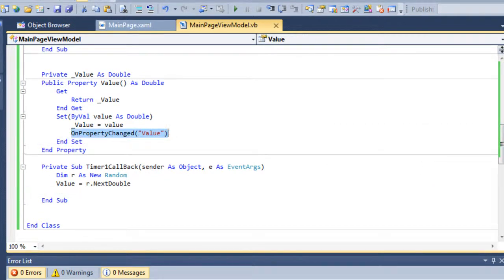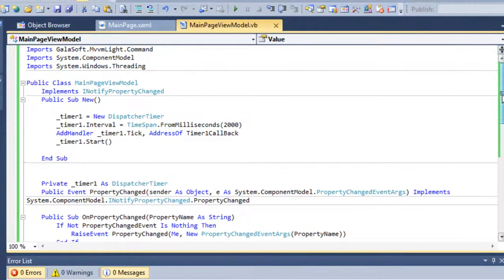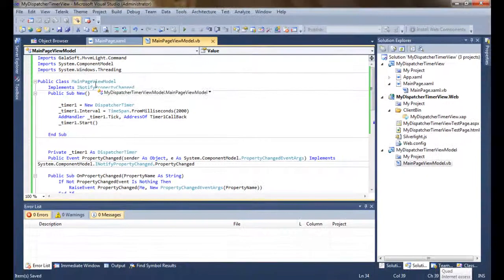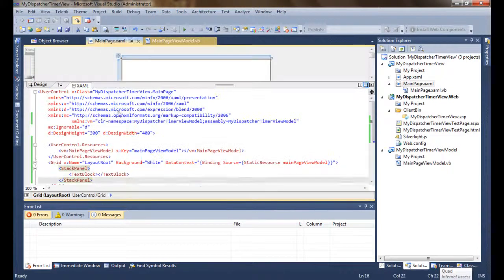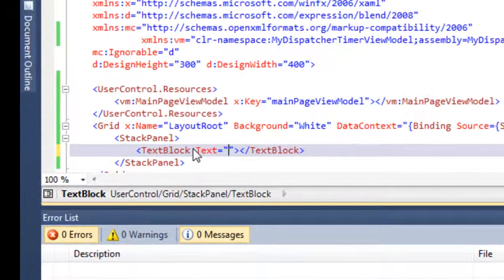So this routine will be called, and in this OnPropertyChanged we are raising the PropertyChanged event, and because we have implemented INotifyPropertyChanged, this change will be reflected back to the view, I mean the UI.